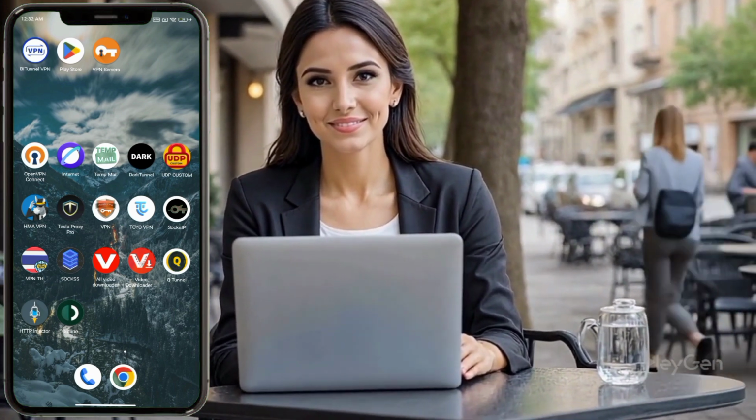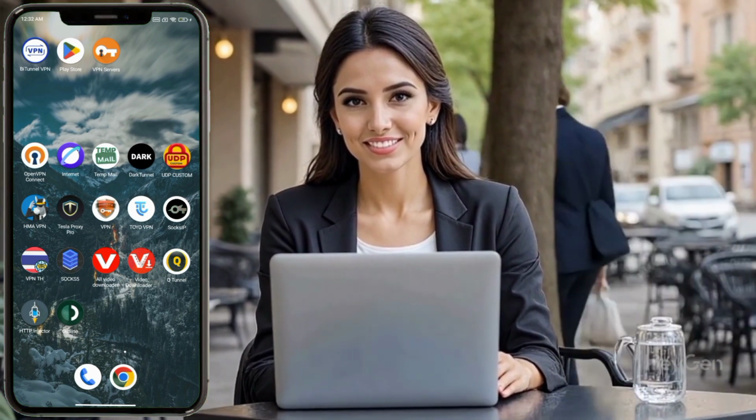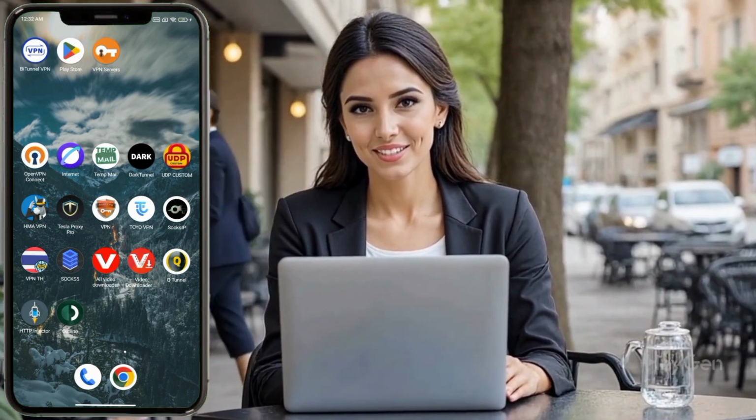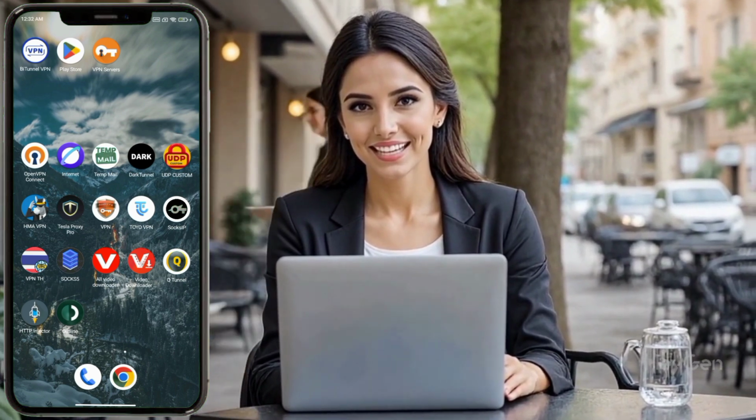And that's it. You've now set up Outline VPN on your Android device. Whether you're using it for remote work, safe browsing on public Wi-Fi, or maintaining digital privacy, Outline VPN is a